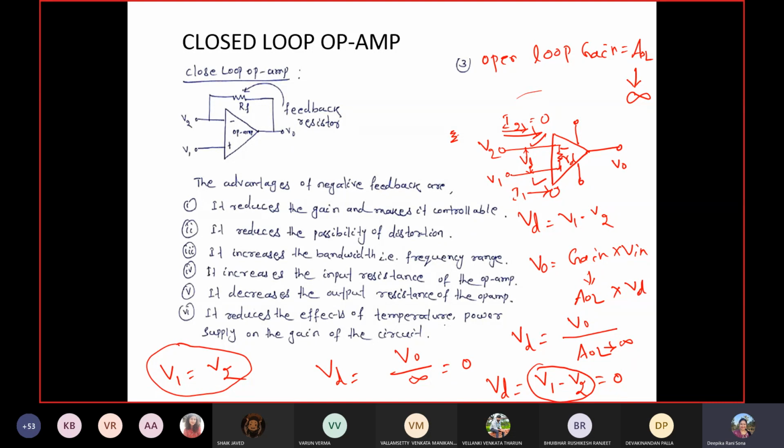You are not supplying current to the op-amp. You have to bypass the current because you have to get a control voltage. Okay, wait, now you will realize why I am talking like that.